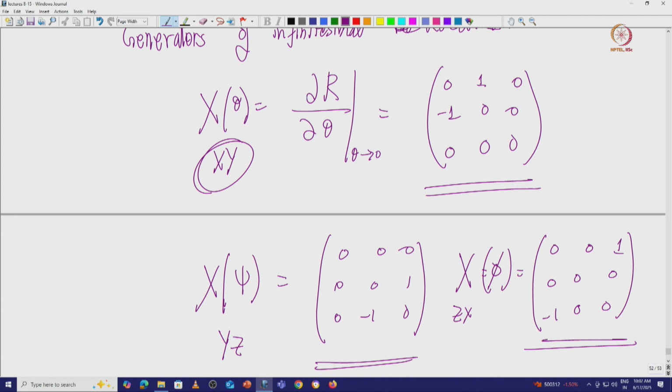I will stop here, and then we will continue our class on understanding the rotation group in detail, what it has to do with the Lorentz transformations, and how spinors end up being representations of the Lorentz group. We will continue understanding these generators and these aspects of group theory.